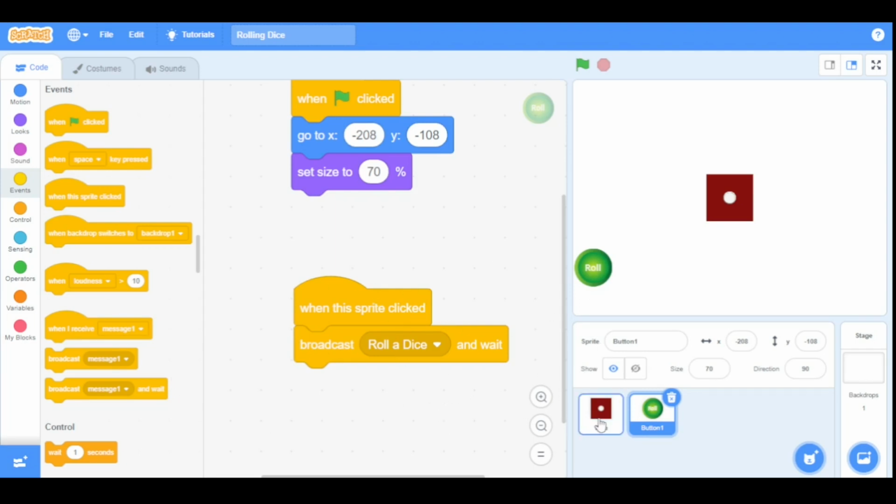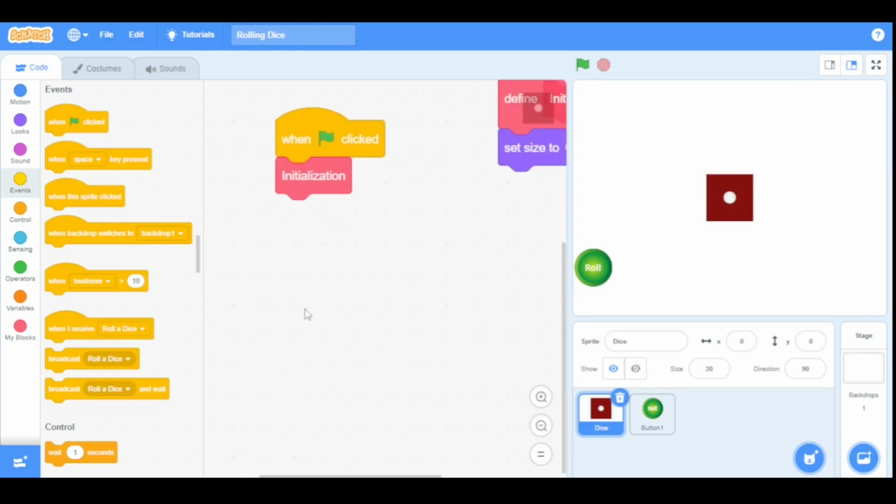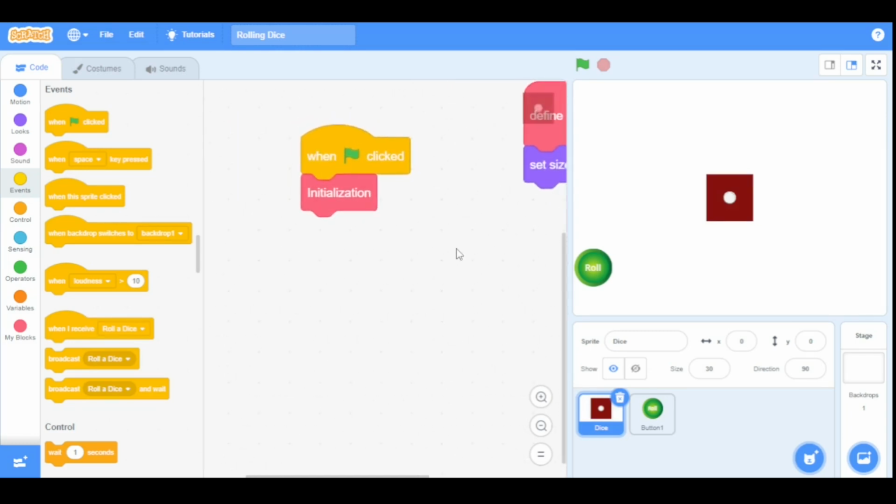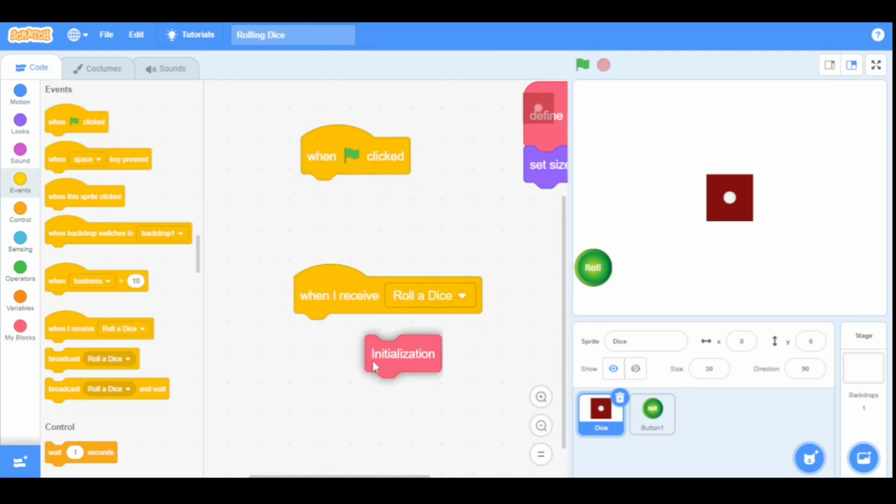Now go to the dice sprite and drag the when I receive block here, and also drag the initialization block here, and delete this when green flag clicked block. We don't need the green flag because when the dice receives this message, it will run its program. Now, for animating the sprite,